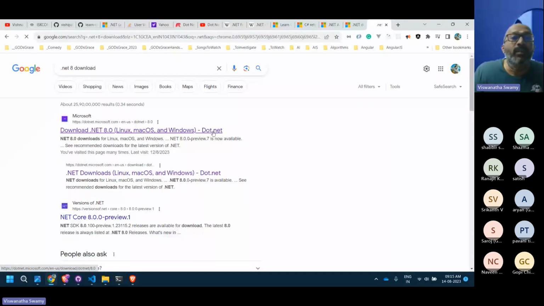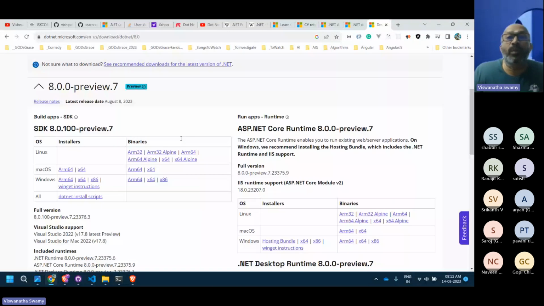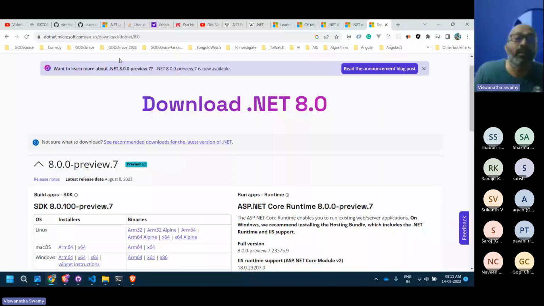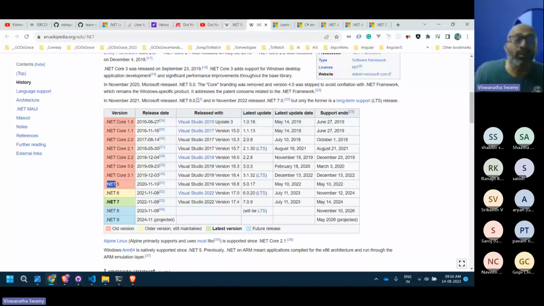Okay, so let me come back here. I'll keep this browser open and we'll come back and learn that. So that's about this one. Even today, the framework is there, but when anyone calls .NET 5 or .NET 6 or .NET 7, that means they are calling the cross-platform one. They're not calling the full framework. This is being supported in multiple flavors.